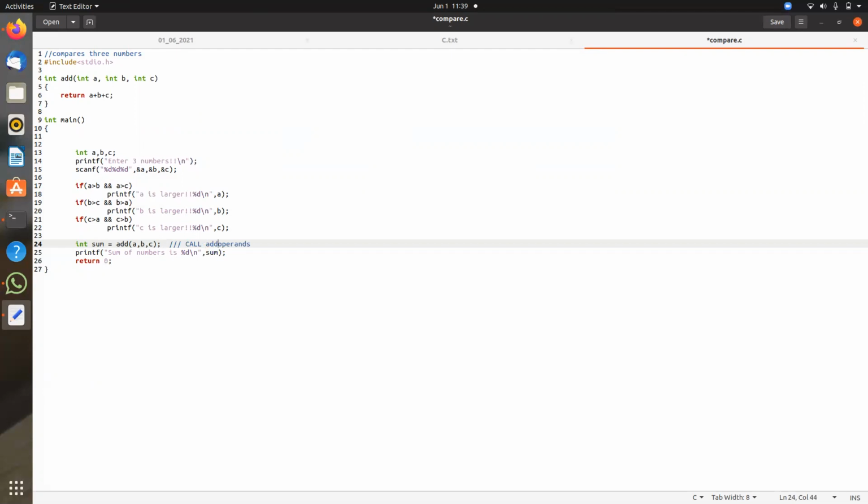The control jumps to this address, which is the add function. It goes here, executes this part, and there is a return statement here. If you see the assembly code of this, there are the return address and return value.